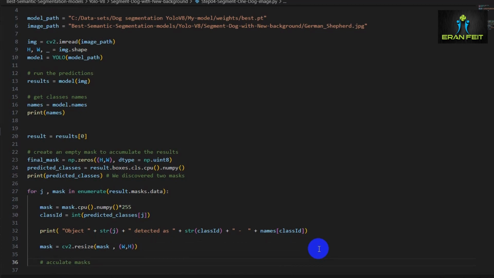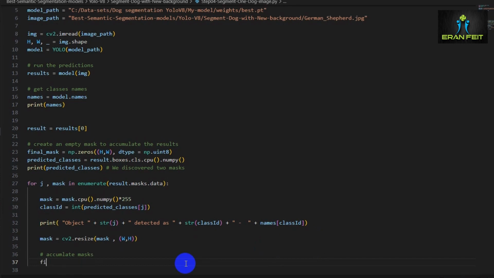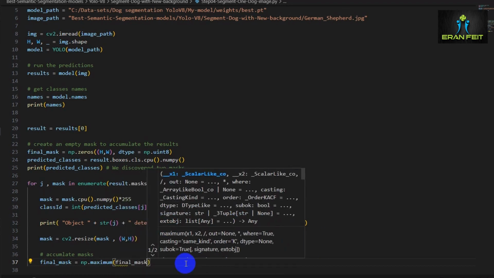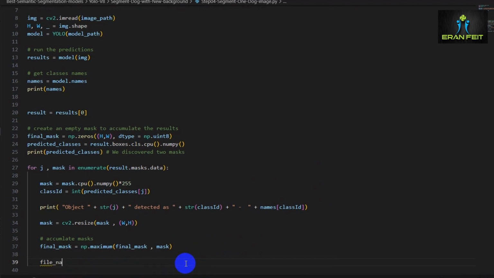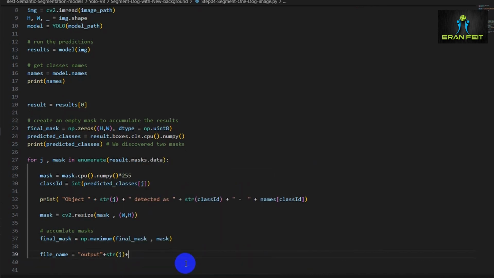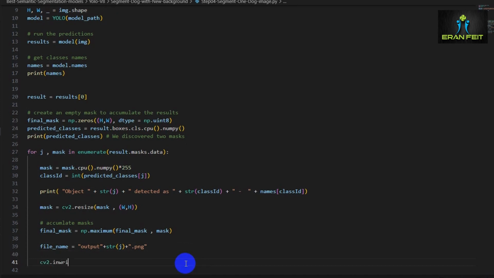And now let's merge all the masks together into one big mask. We will call it the final mask. So basically we will get the higher values, which are the white areas, and the final mask contains all the masks together. Let's also print each of the masks discovered in our local folder. So we will have two images, two masks